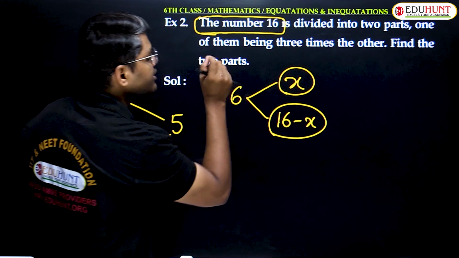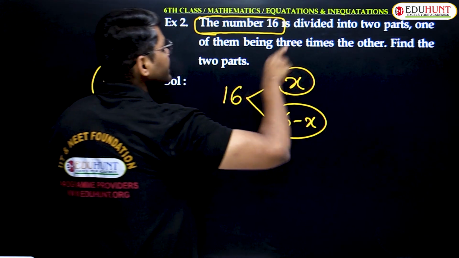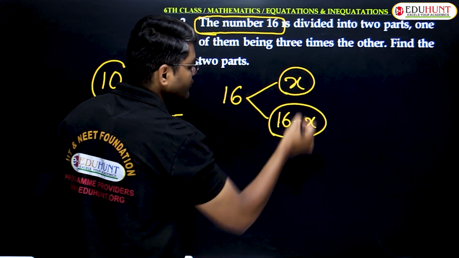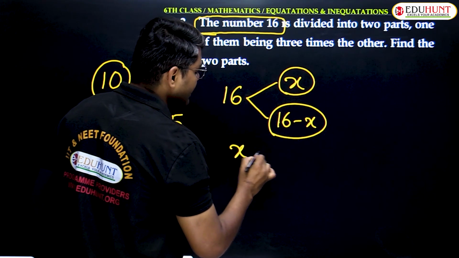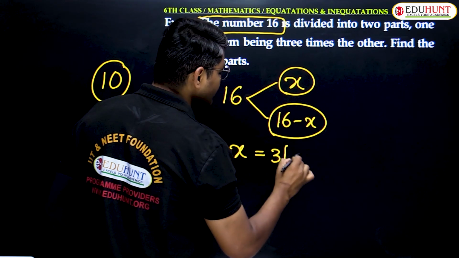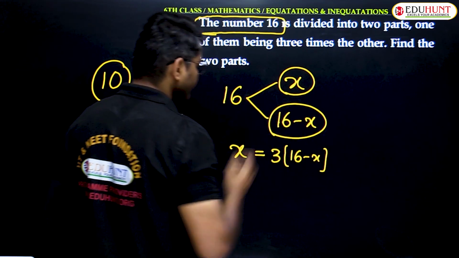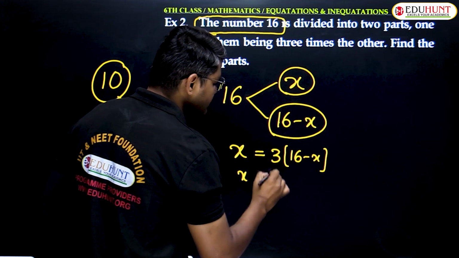Okay. Divided into two parts. One of them being 3 times the other. One of them, we don't know which is, so let it be x. x is equal to being 3 times. 3 times means 3 into, times means into 16 minus x. So, x is equal to 16 into 3,